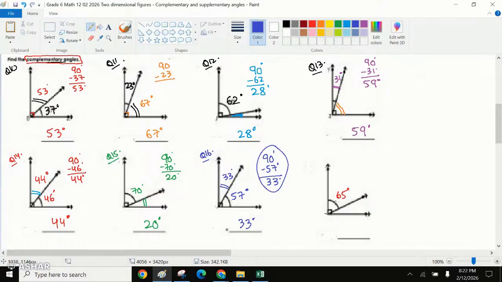For the next question, question number 17. If the angle was given as 65, what is the complementary angle? That means 90 minus 60 would be 30. Like 9 minus 6 is 3, so 90 minus 60 is 30, right? And 30 minus 5 would be